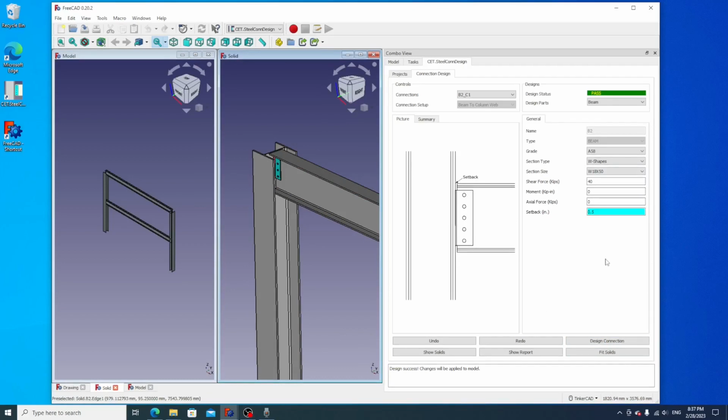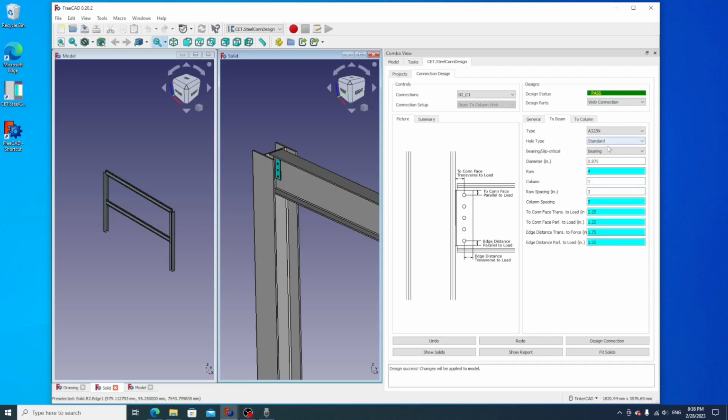After designing, you may notice that some input fields are filled with a cyan color. This is a distinctive feature that indicates the values are generated by the system as design results, rather than user input. Our system permits leaving input fields empty. For instance, if the bolt diameter field is left blank, the system will automatically design a bolt diameter of 0.75 inches and display it in cyan color as a design result. If you undo the last operation, the bolt diameter will be reverted to 0.875 inches, and the system will use